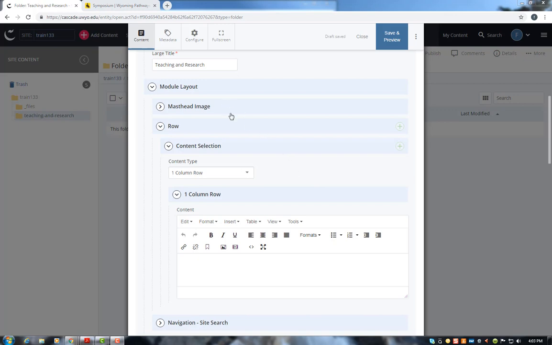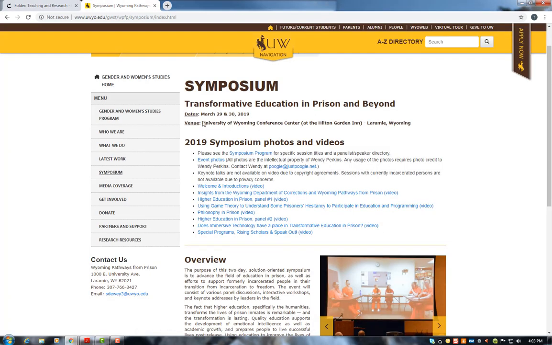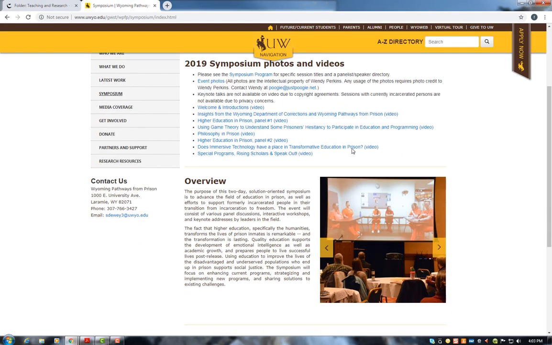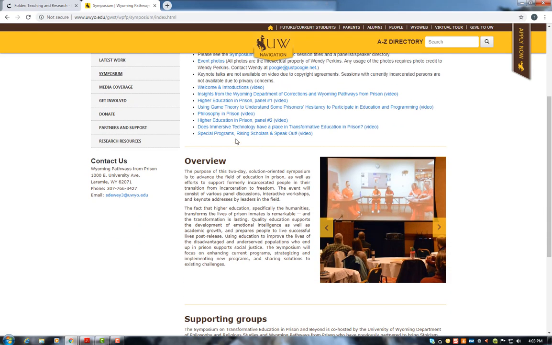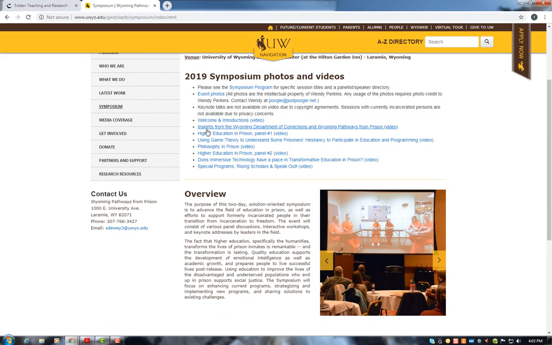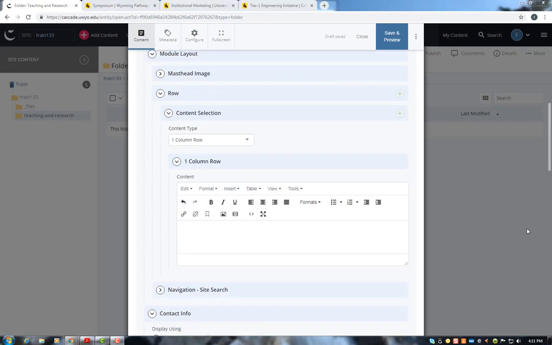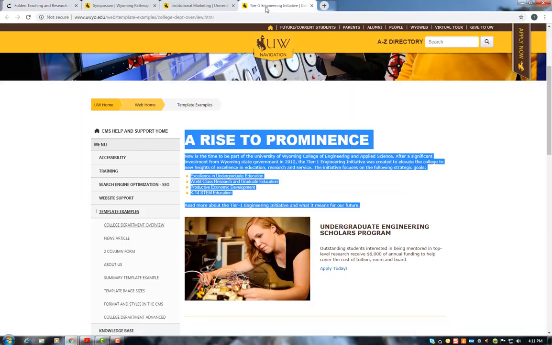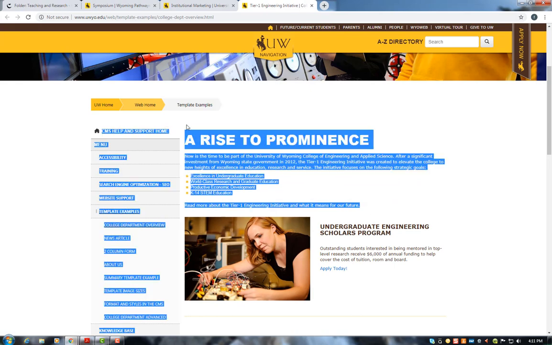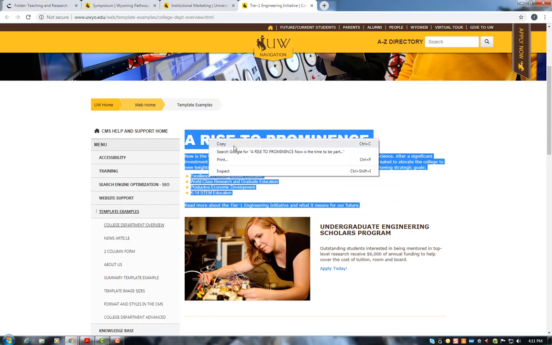I'll go over and show you what this is going to look like. This is a 1-column row where all the way across your page it's just text. Down under here we have a 2-column row where half of our column is text and the other half is a picture, and then there's some other types that you can make, but those are the difference there. So when we go ahead and add text into our 1-column row, you may want to copy your text over from a Word doc or from something else. So I'm going to go ahead and steal my text for this from this template page over here, copy it,